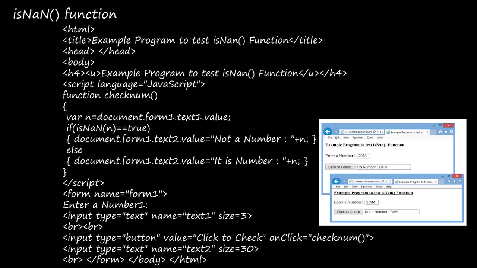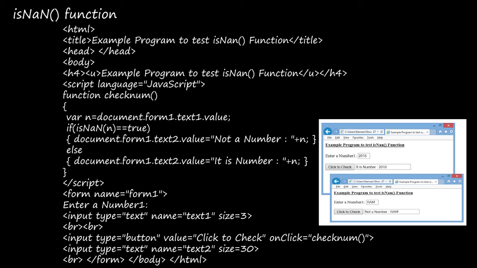Here today we have seen a predefined function, and along with this we have created a user defined function also, function checkNumOf. That is a user defined function. We are defining this function. If you use the word function and then write a function name, you have given a function definition there, and inside that you can give some executable statements.